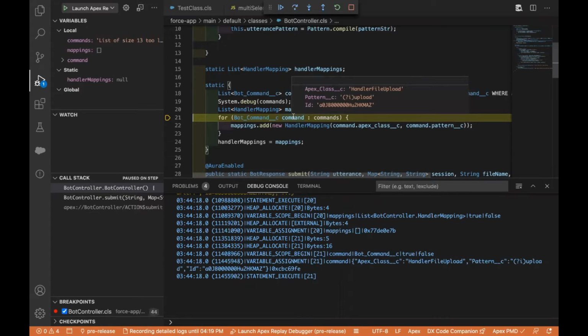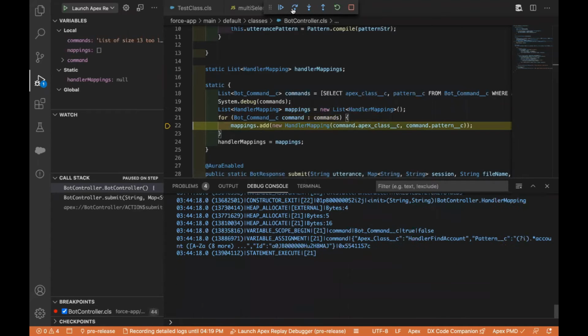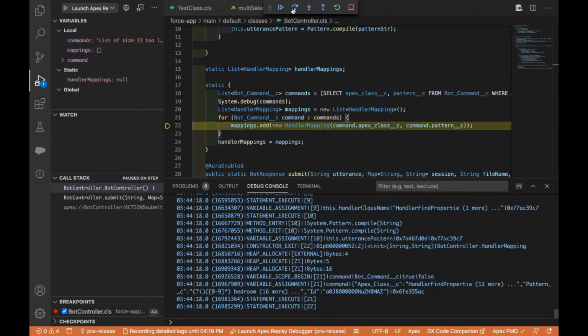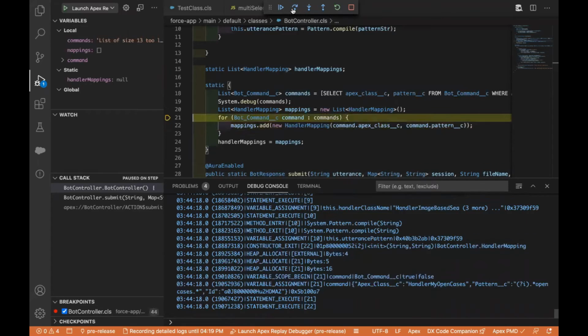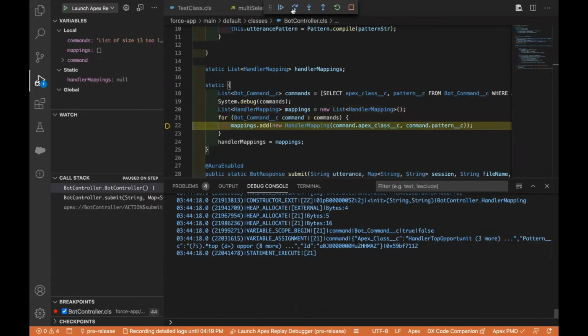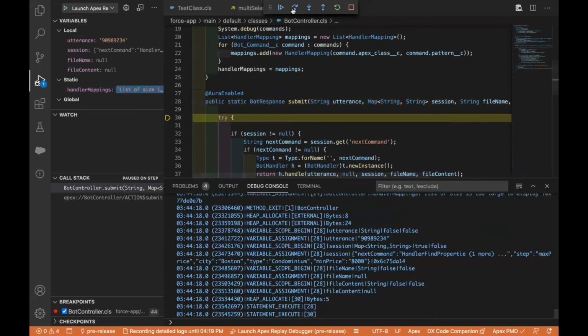command, which is the variable of your for loop, you will see how your classes are coming here: handler, file upload, and then pattern. As it is a for loop, it is going to take you here multiple times, and if you wanted to, go ahead, and now you can see we are here under the try now, and